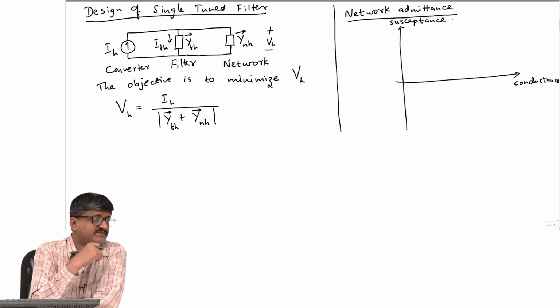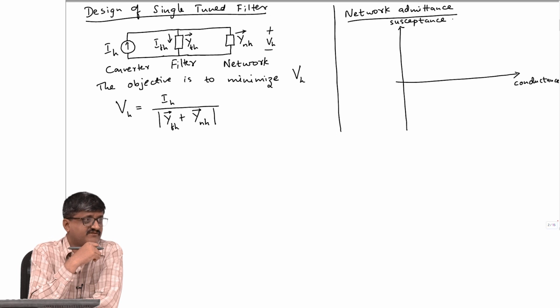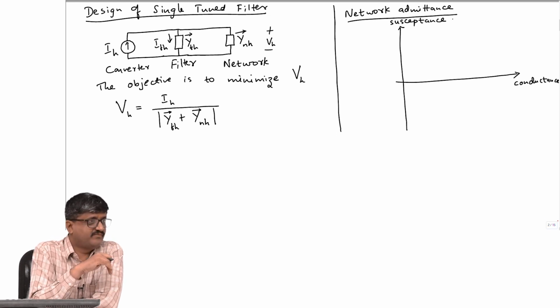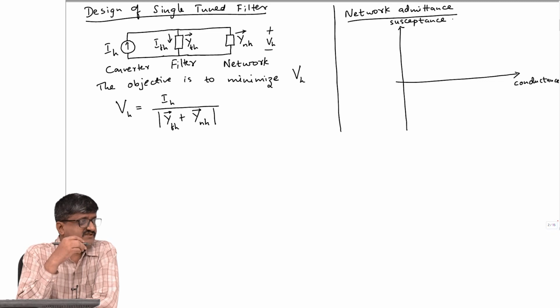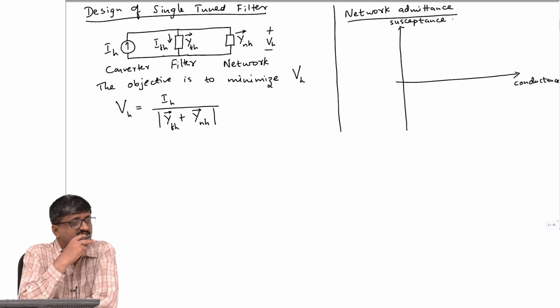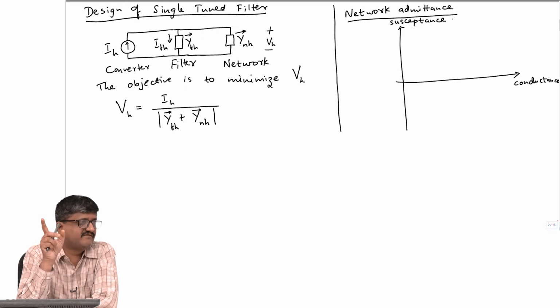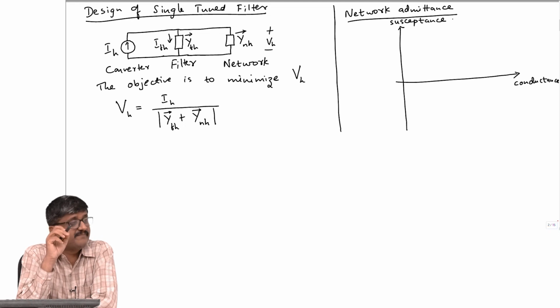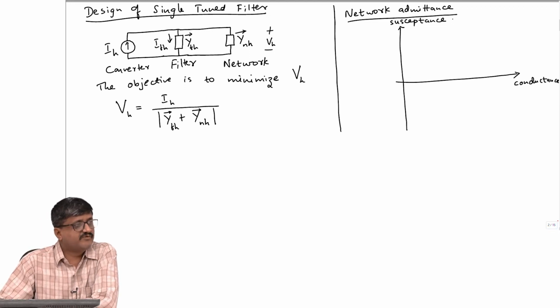First and second? First and fourth, because conductance is positive. Okay. Now, susceptance can be positive or negative. Now, why? If it is only inductive, then where will it lie? Fourth. But the network consists of transmission lines and transformers. If you take a transmission line, it is not just inductive, there is a shunt conductance also, and a shunt capacitance as well. Whenever there is a capacitance, there is a possibility of positive susceptance. So, it can lie in the first quadrant and the fourth quadrant.